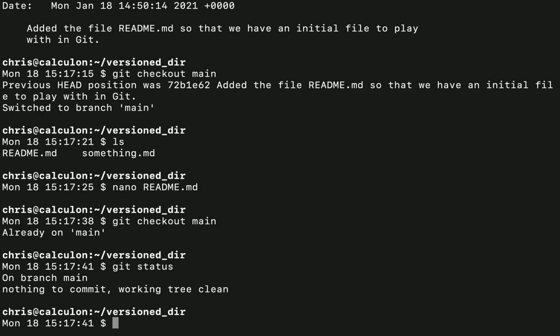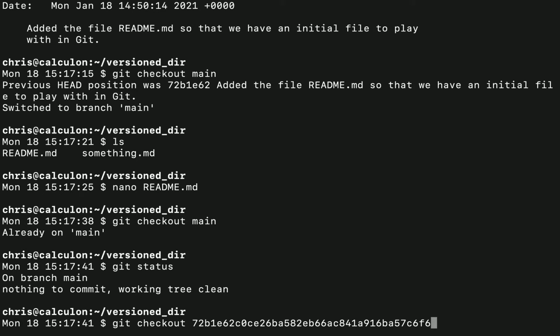And indeed, when I do git status, we can see working tree is clean. That means our current directory is at the same version as the last version that we saved within the repository. Now, as I said, you couldn't edit the files from the past, but what we can do is bring files from the past forward into the present. Now we do that by using git checkout as well, but instead of just typing git checkout and the version number, so remember this was the git checkout command for the very first version,